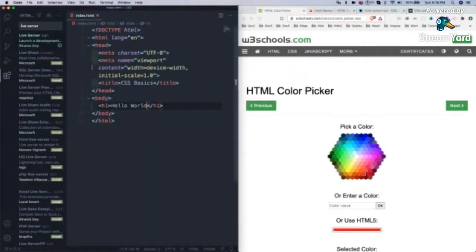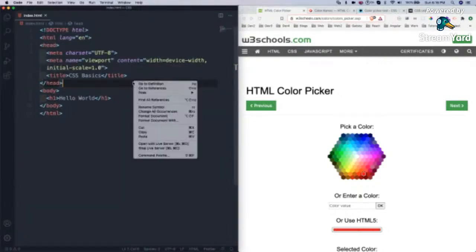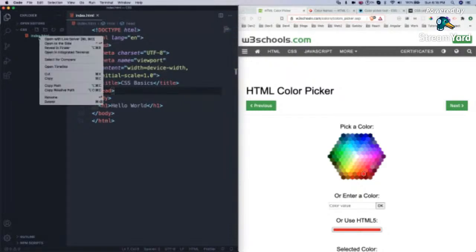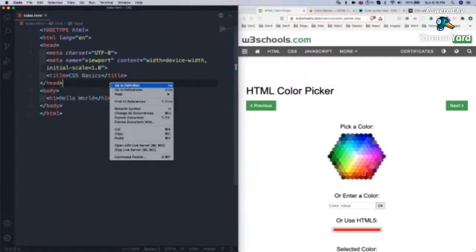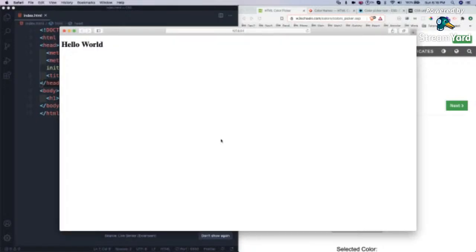So for that index.html, I will right click and open with Live Server. I can do it from here, I can do it from here also. Open with Live Server. So I will open with Live Server and it started.